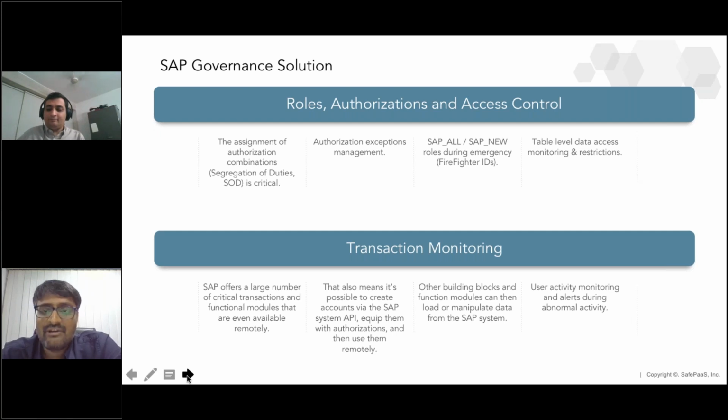So, but we need to have a proper, strong invigilating mechanism on the transaction monitoring. Who is doing what, and are they properly accessing the system in their control, with respect to their job roles or not? So with respect to that, you need to have proper tools in place to keep an eye on